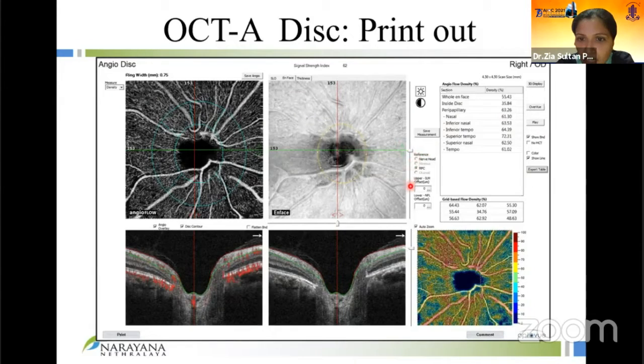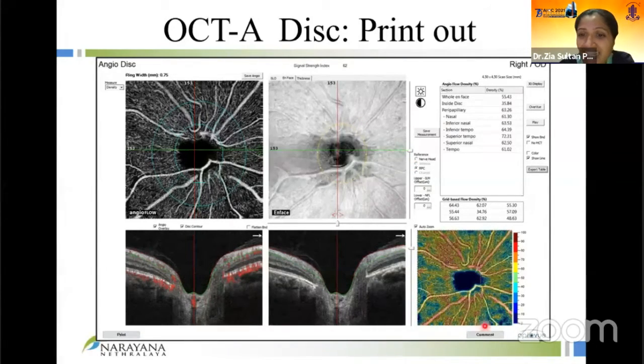On this section here, I know it's small, but this is the area where you can actually choose what layer you want. So the nerve head layer or the RPC layer, after chosen, it will give you the densities in this scan, in this little chart over here. And those will change depending on what reference layer you have chosen.